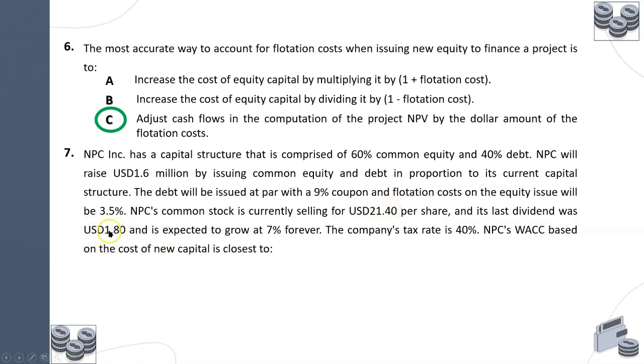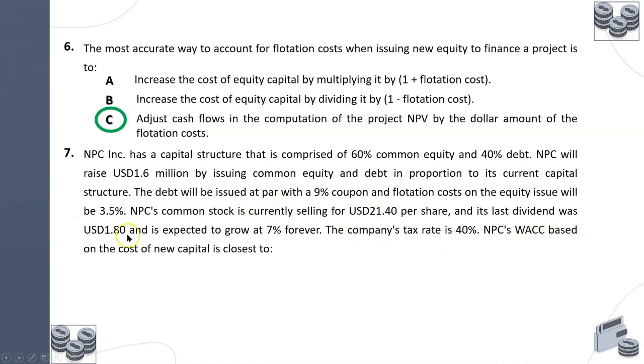However, this dividend is expected to grow. If you remember the Gordon growth model for valuation, we deduct the percentage of growth and we add it back when we calculate the total. We'll see this in a minute. The company's tax rate is 40%. So 1 minus 40%, 1 minus T, times 9% will give the cost of debt to the company after tax.